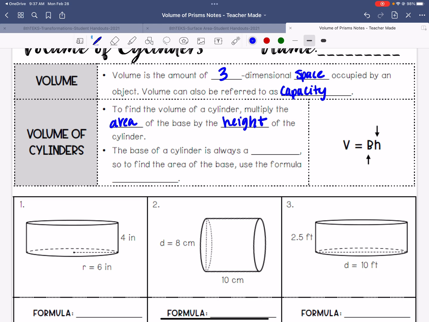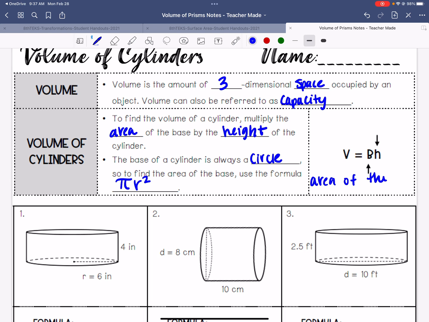So the base of a cylinder is always a circle. To find the area of the base, you're going to use the formula pi times radius squared. That's what we're going to label over here. The capital B stands for area of the base, and that formula is A equals pi times radius squared. And then the H obviously stands for the height,